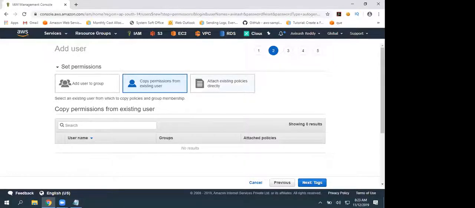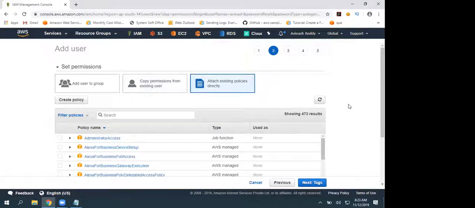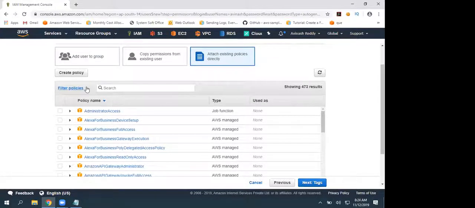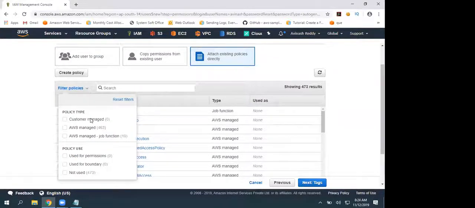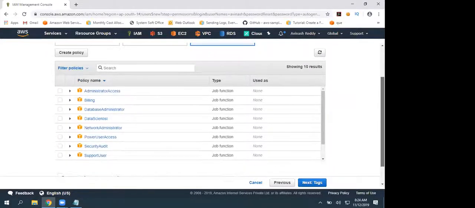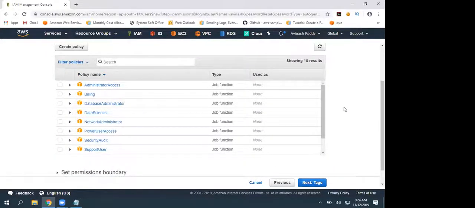Third option, attach existing policies directly. So we have 473 policies. Again, as I mentioned, we have customer managed policy, AWS managed policy, job function policy. Let's pick this job function. This is what Amazon intelligently did.